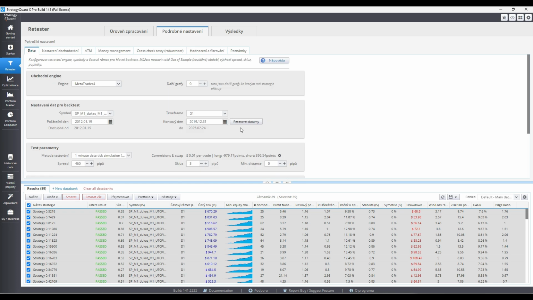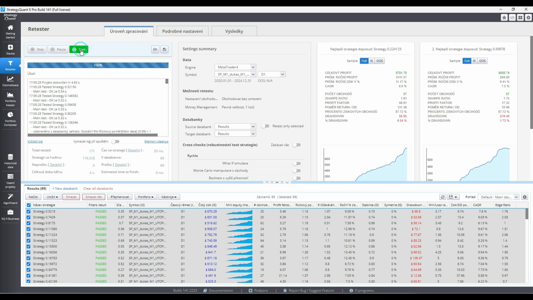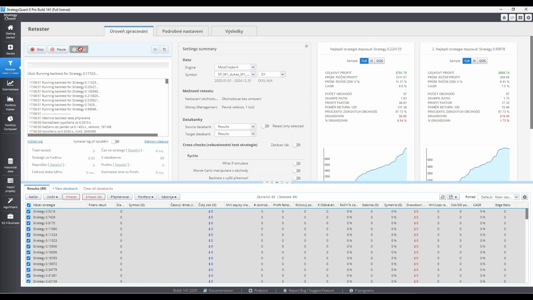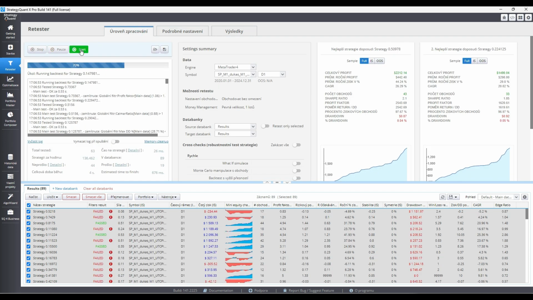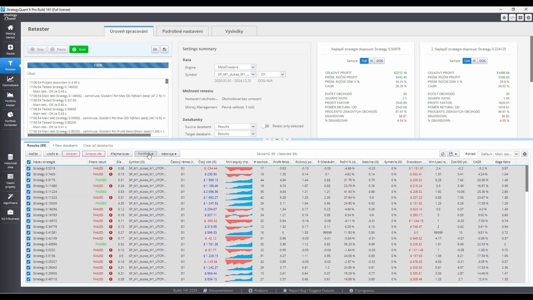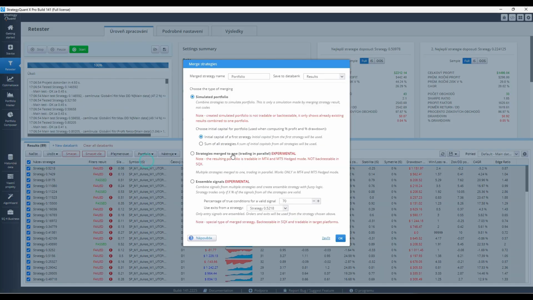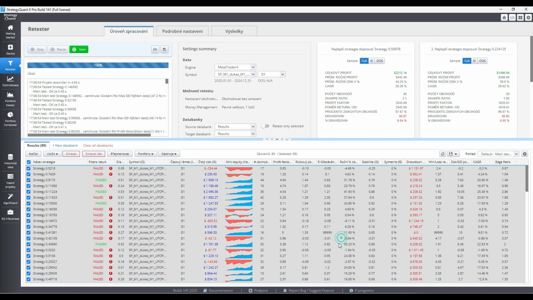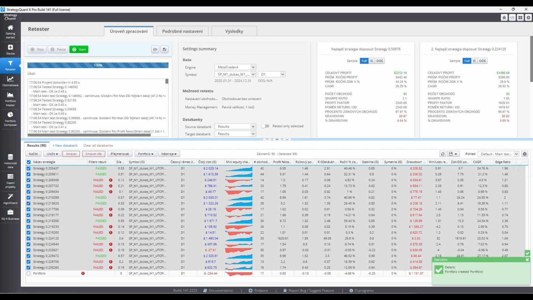I'm not counting this year because the first quarter isn't even finished. So on the Dates tab, I'm going to move the time window up to the end of 2024, and from the beginning of 2020. So we have a 5-year window. We'll run a test to see if these strategies behave well as a whole. And we see that the strategies as a whole, those 89 strategies, over another 5 years without any robustness tests together,